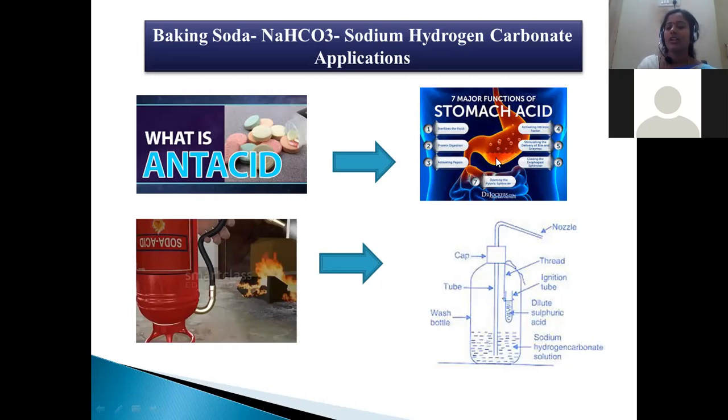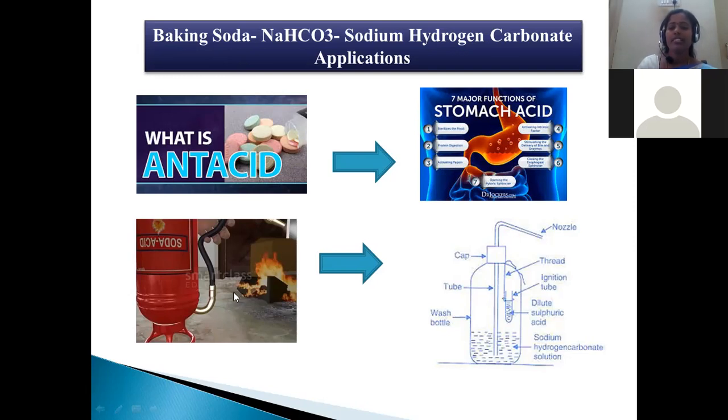If this acid is secreted in large excess, what happens? There is a possibility of stomach burning and it also causes stomach ulcers, wounds can be generated, the mucus will be damaged, and many kinds of diseases like ulcers and other infections are also possible if it is generated in excessive quantity. That's the reason why it is very essential to treat that by neutralizing with a mild basic condition. Baking soda being a mild base, it is used as an antacid to neutralize the stomach acid generated. That's the reason why this is another application of baking soda.